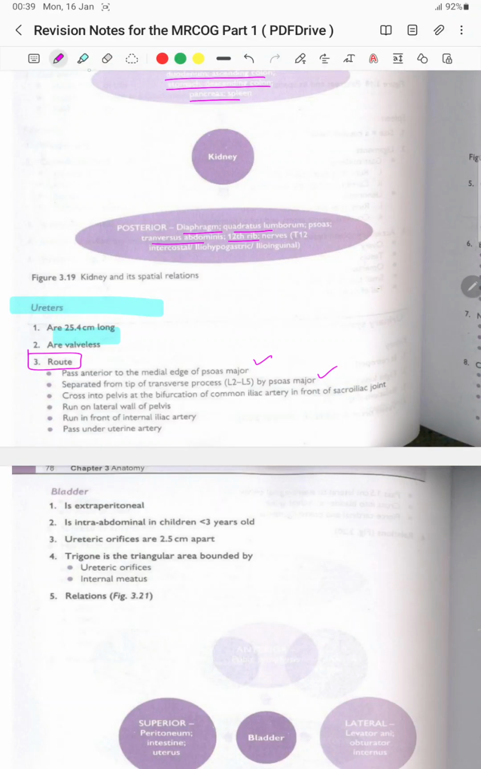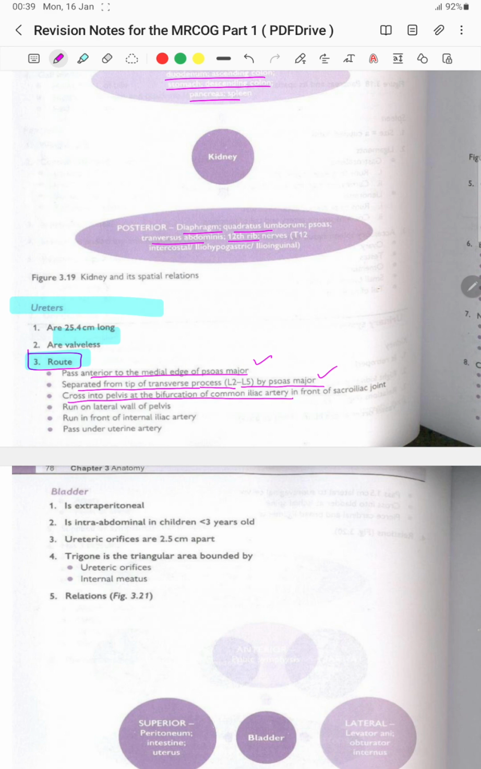What is the route of the ureter? It is very important from an exam point of view. The ureters pass anterior to the medial edge of the psoas major, and they are separated from the tips of the transverse processes of L2 to L5 by the psoas major, and they cross into the pelvis at the bifurcation of the